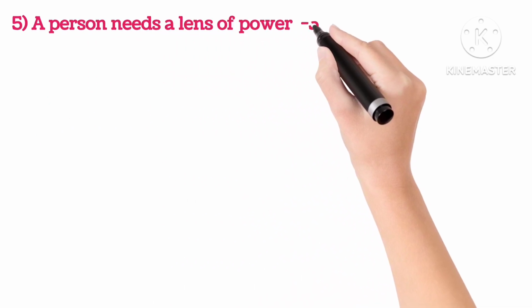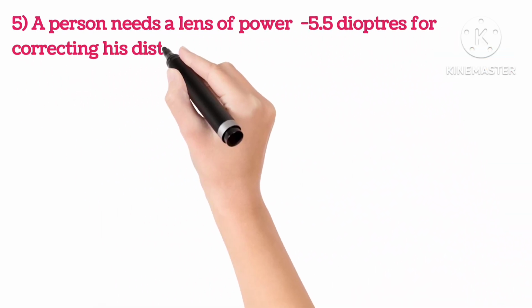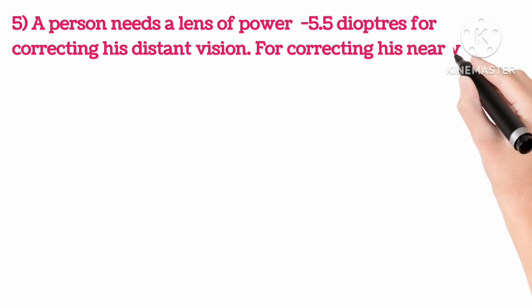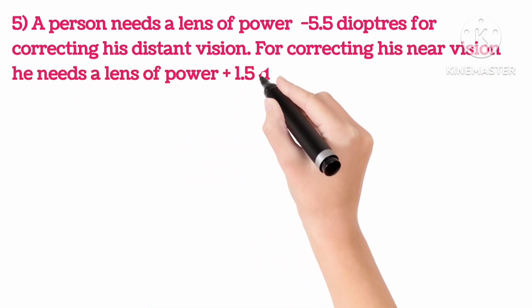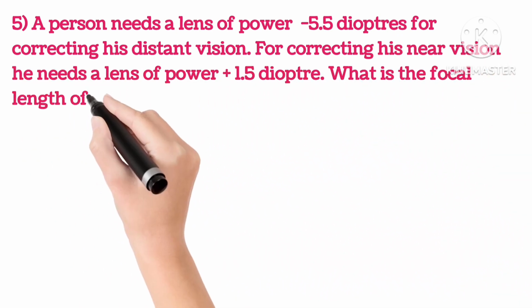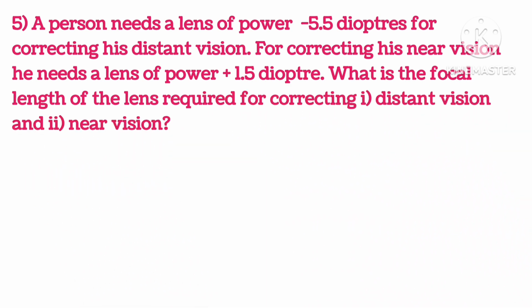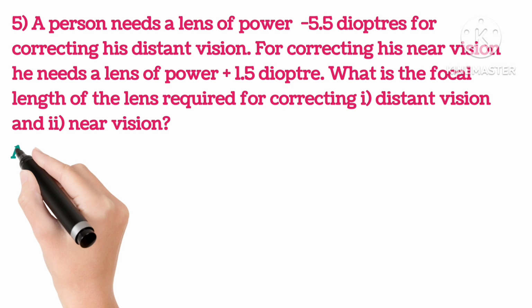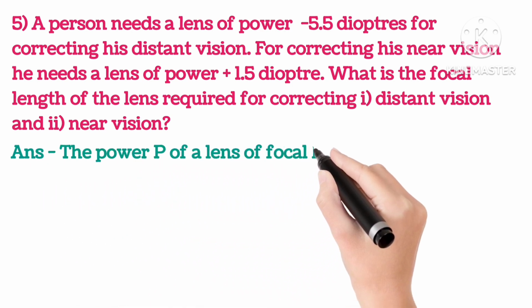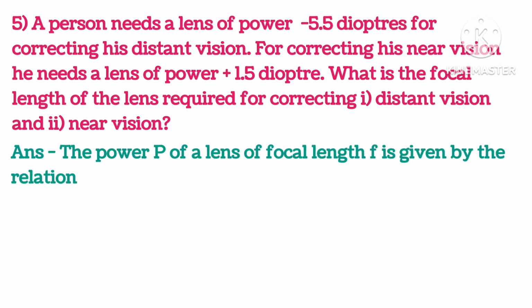A person needs a lens of power minus 5.5 diopter for correcting his distant vision. For correcting his near vision, he needs a lens of plus 1.5 diopter. What is the focal length of the lens required for correcting distant vision and near vision? The power P of the lens of focal length f is given by the relation P is equal to 1